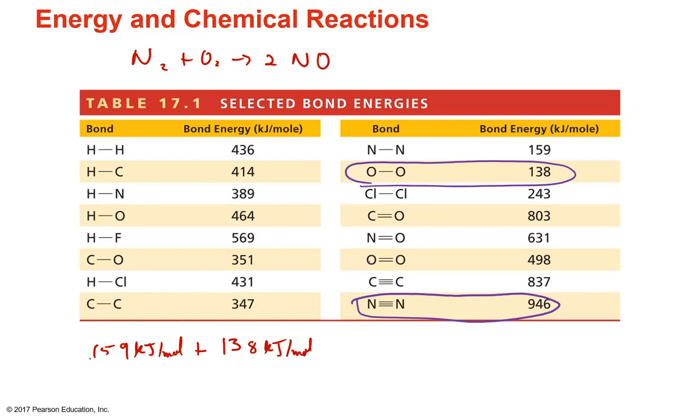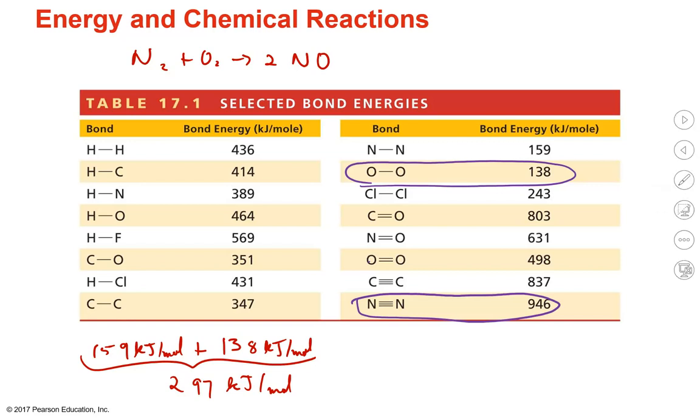And so if we combine these, what does that give us? So we start with 297 kilojoules. If we start with 1 mole of everything on the left-hand side, we have a total of 297 kilojoules of bond energy. Now, if we go to the product side,